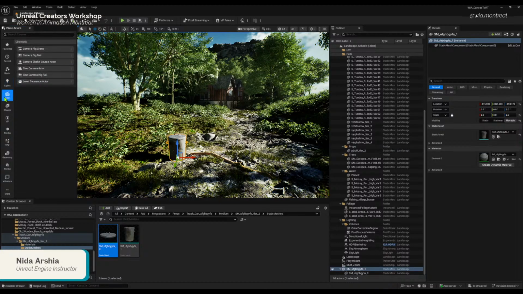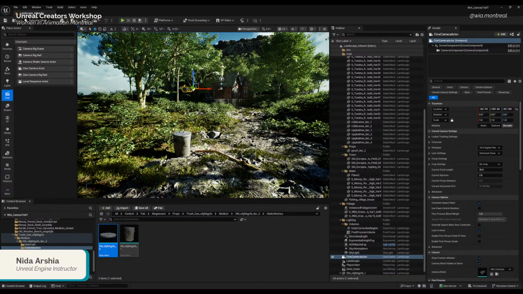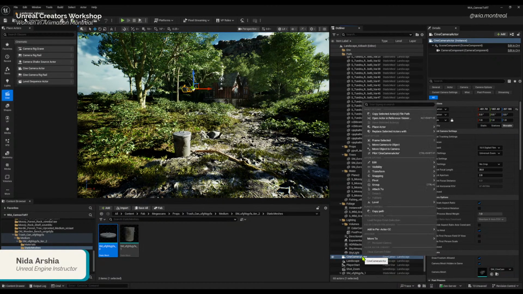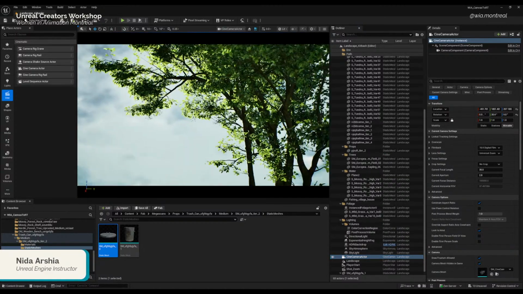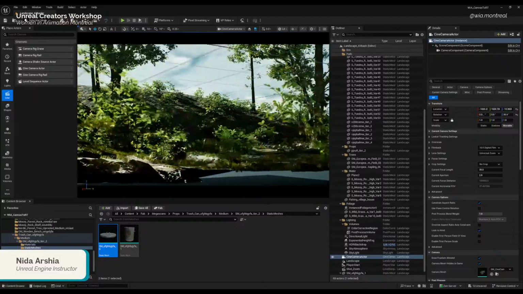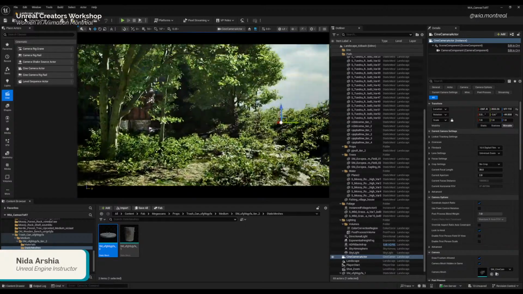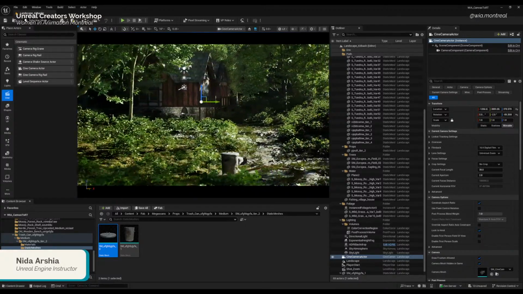And we're going to go into Cine in the Place Actors tab, and go to CineCamera Actor. You can drag and drop this camera inside the level. Right now you can't see it, so just press G. It's going to become visible. Right click on the camera and click on Pilot CineCamera Actor. So now we can position our camera wherever we want. We are going to keep it closer to the trash can so we have a subject in the camera.